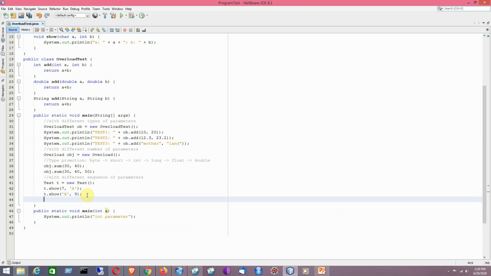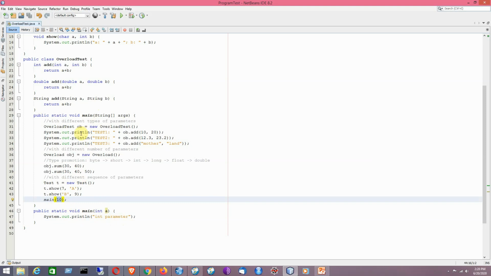So now I will be writing here main(10). You can understand that it will certainly call this one, because the type of parameter being passed here is int. So in that way static methods can be overloaded, and being a static method, main can also be overloaded. This particular example is basically applicable to any kind of static method.